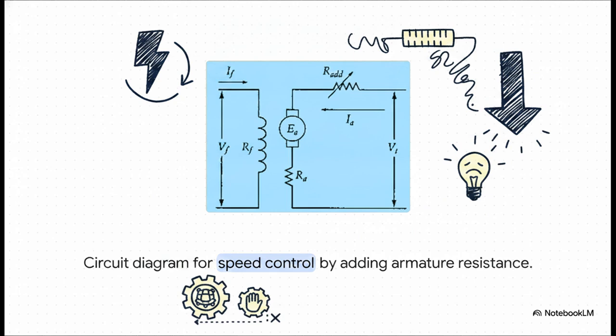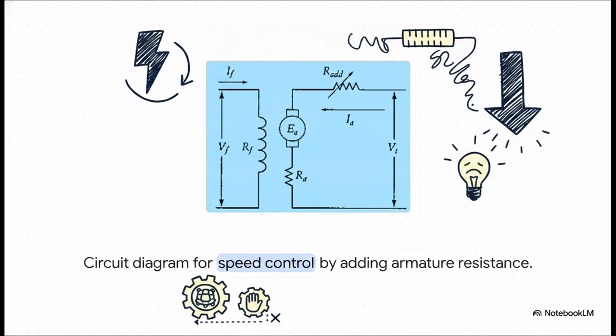Let's look at one of the most classic ways to shift a DC motor's behavior. If you check out this circuit diagram, you'll see that by physically wiring an adjustable resistor, which engineers call a rheostat, in series with the armature circuit, we can choke the electrical current. As we crank up this added resistance, we are effectively starving the armature of voltage. It's a very brute force method, honestly, but by intentionally restricting the flow of energy, we force the entire motor's